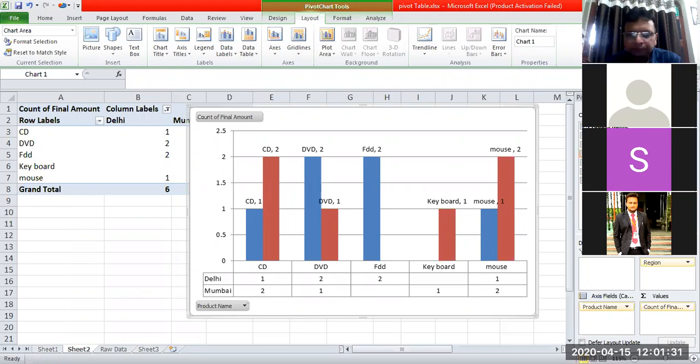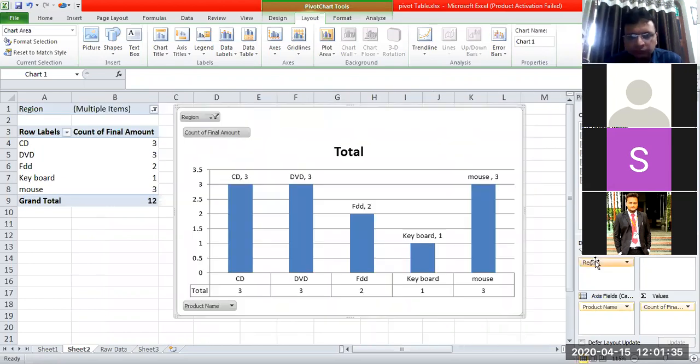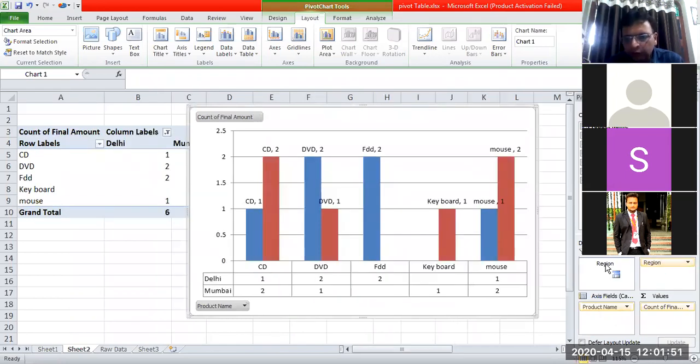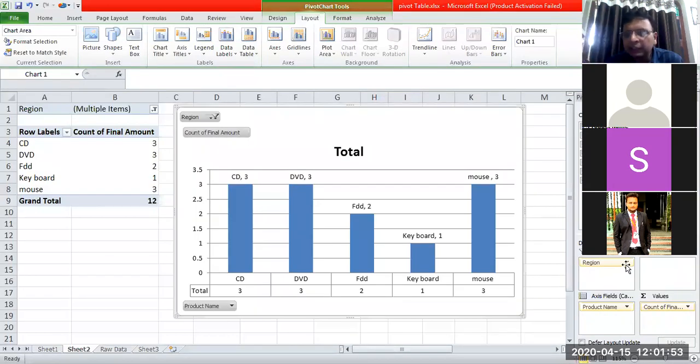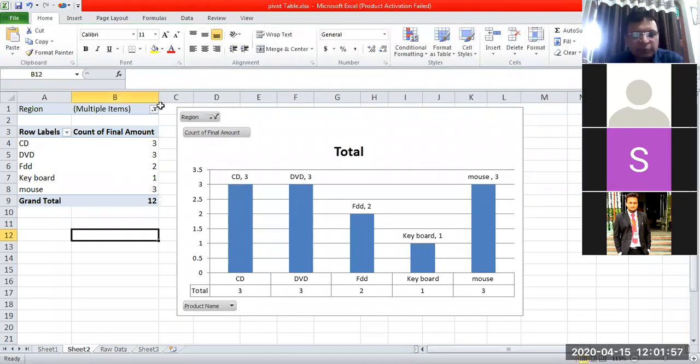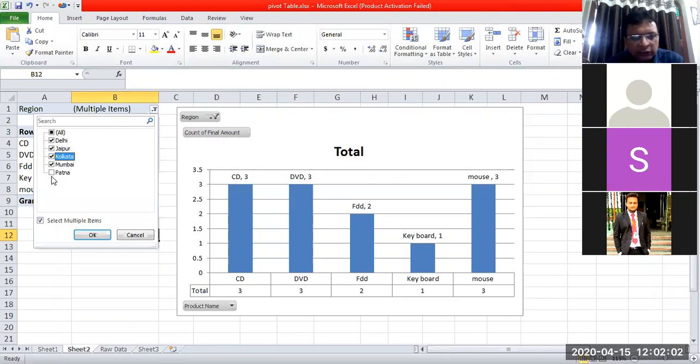One more thing, we are having the region which has been put under filter, right? तो रीजन अभी हमारे फिल्टर में था. अब इस रीजन को मैंने बस यहां रखा हुआ है. Region I am not putting on the right side. अगर राइट में रखता हूं तो it will show in the graph also. मैंने कहा इसको केवल मुझे फिल्टर में रखना है, बाकी कहीं नहीं रखना है. So I can pick and choose कि फिल्टर का सेटिंग कैसे बना है. I can simply select here and I can actually select all the regions also.